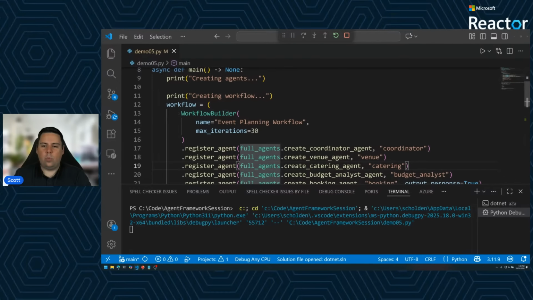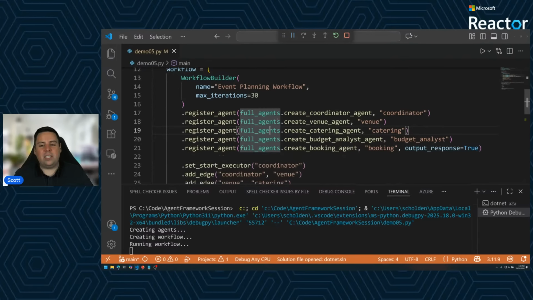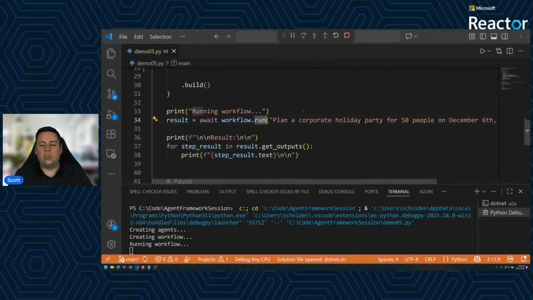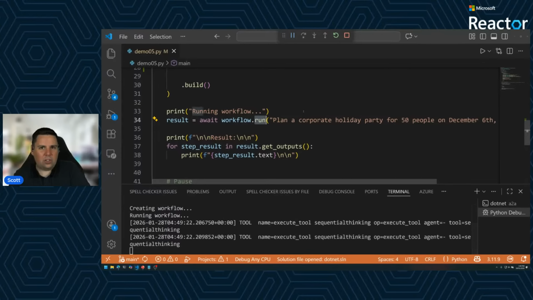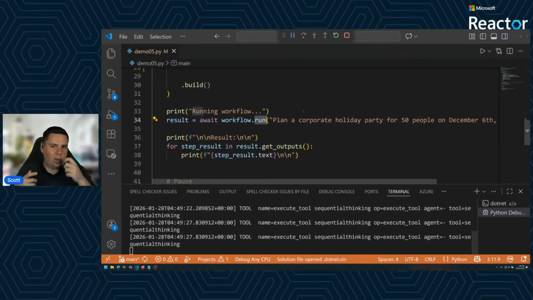So the workflow builder is responsible for actually building up our graph, our agents, constructing all the different edges between them or chains or fans. But we actually need to then pass this to an execution. Now, this, funnily enough, works the same way as an agent. And for those that are wondering, yes, you can actually take a workflow and treat it like an agent. You can have workflows of workflows. You can wrap a workflow in A2A. The whole idea here is that whether it's an agent that's being run or a workflow that's being run, you have that same sort of process.